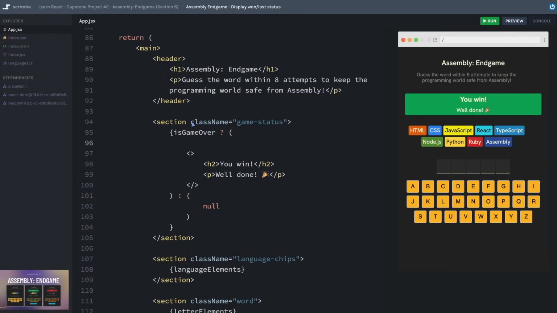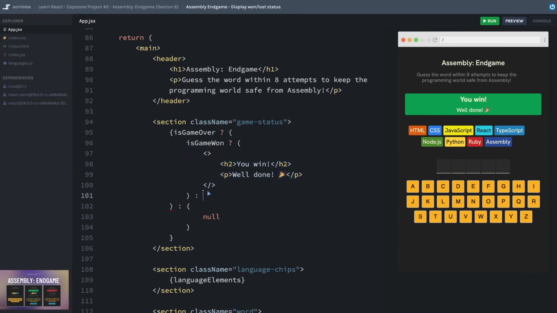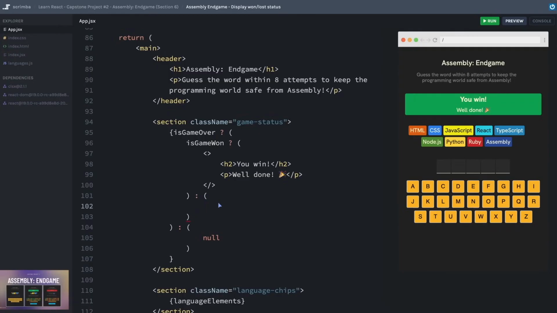I think I'd be able to read it kind of like an if-else statement, which is a little bit of foreshadowing as to the next way we're going to see to do this. So rather than putting a ternary here to determine the text and then another ternary here to determine this text as well, let's go ahead and just give this a shot. We'll say if the game is won, and we're just nesting a ternary here, we'll move this fragment with the H2 and paragraph inside. And if the game is not won, in this instance, we can know that the game is lost because we're not reaching this code unless the game is over. And then there's only two options from then. The game is won or the game is not won, which means the game is lost.